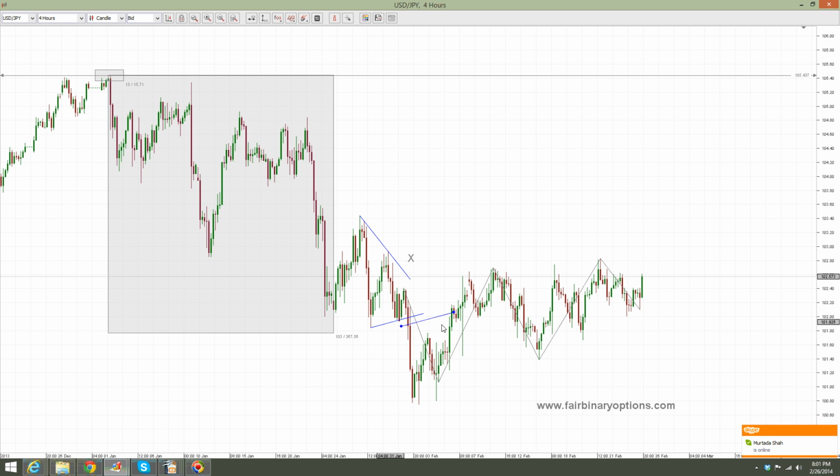So this goes like this, and as you can see, the A and C and B and D trend lines are contracting like this. And basically what we are looking for is this whole wave that started here on the right side